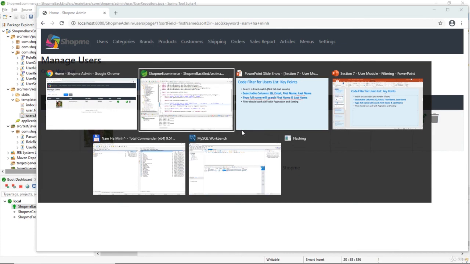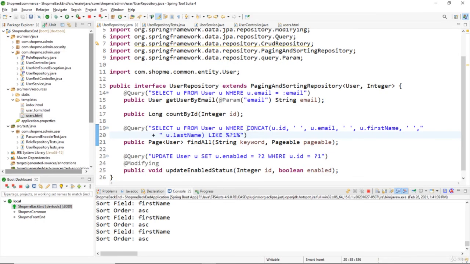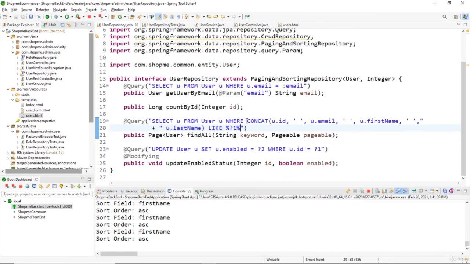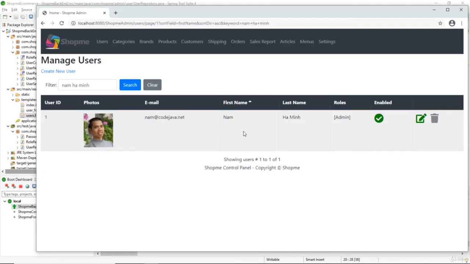Because in the search query we specify the where condition is the result of the concatenation of these fields: ID, email, first name, and last name. So you can see first name is concatenated with a space and last name. So the result displays the user with first name and last name matching the keyword. Now let me type Anna Maria, and you can see